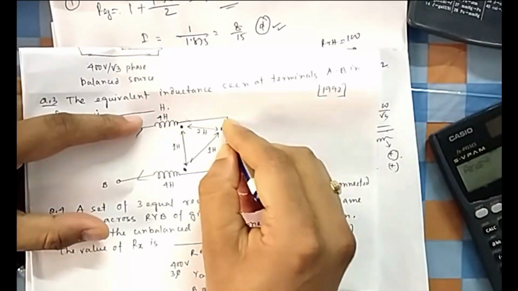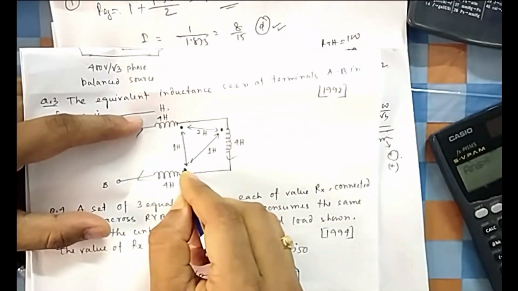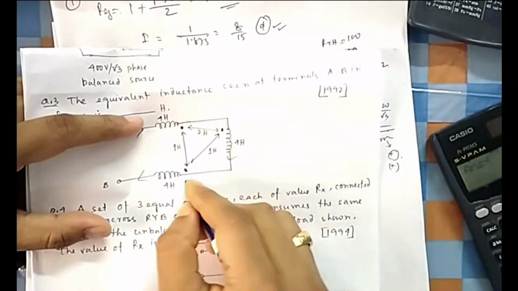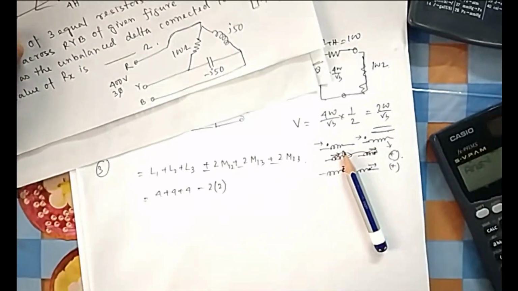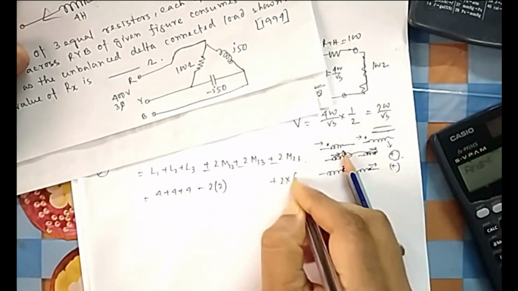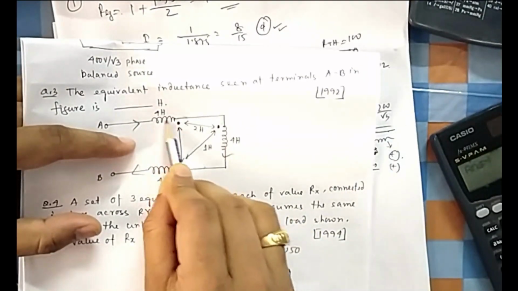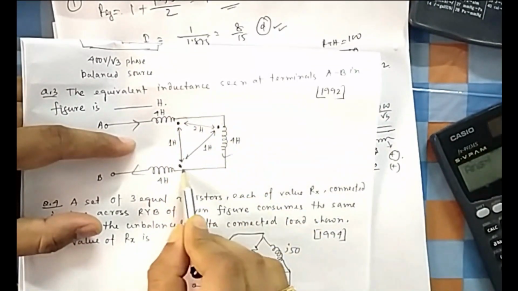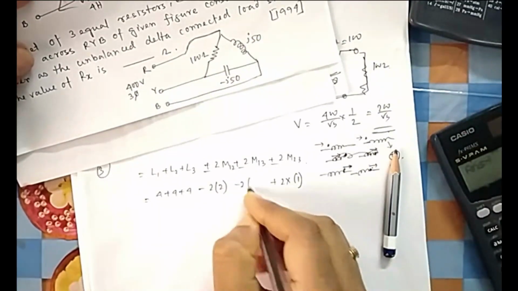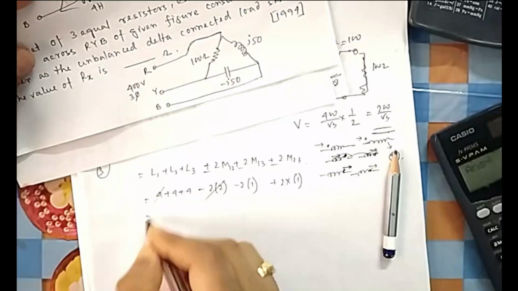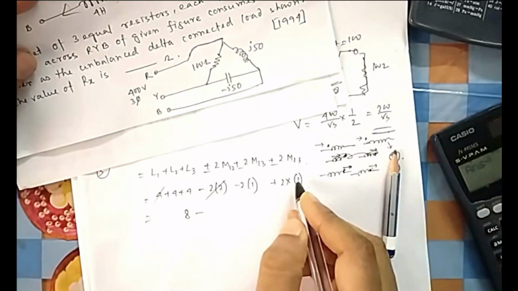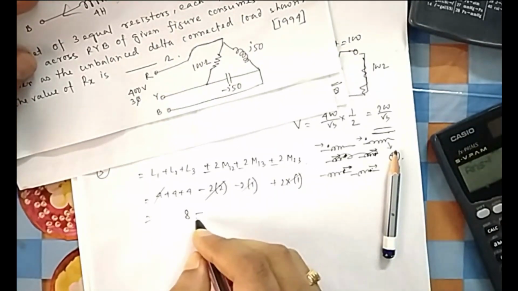Here in this inductor it is entering, and here in this inductor it is entering. So this is 2 3, and it is positive. These are all mutual inductances, these are given. And this one, 1 3: here it is exiting through this dot, and here it is entering through this dot. So this will be minus. So if you do this, 4 4s are 8, minus 2 plus 2 gone, so 8.